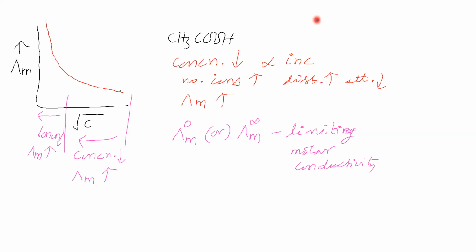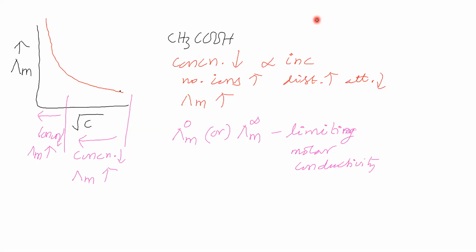Using a graph, we cannot get it. We cannot extrapolate this. Why can we not extrapolate? Because this part is parallel to the y-axis. Then how to extrapolate this? If you extrapolate this curve, that extrapolation will be parallel to the y-axis only, no? Then we cannot extrapolate this curve.